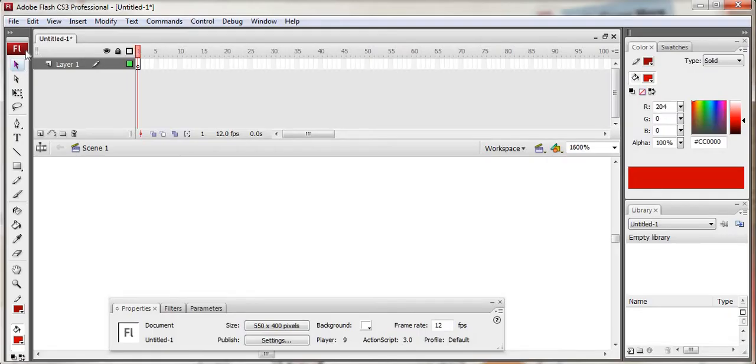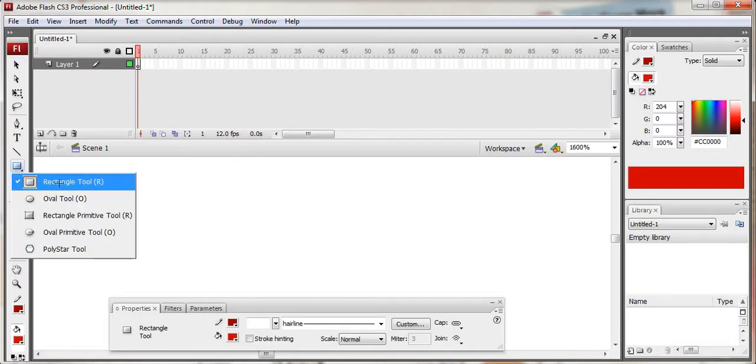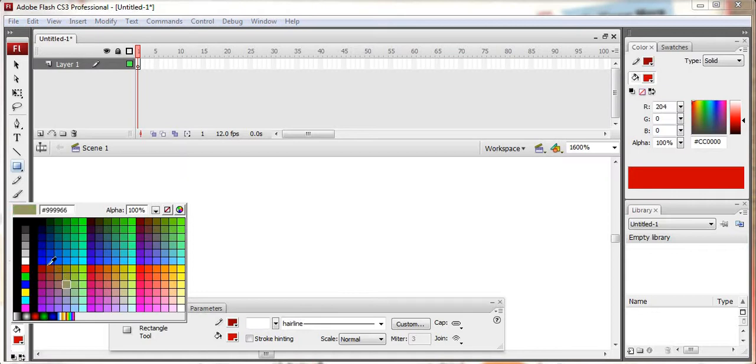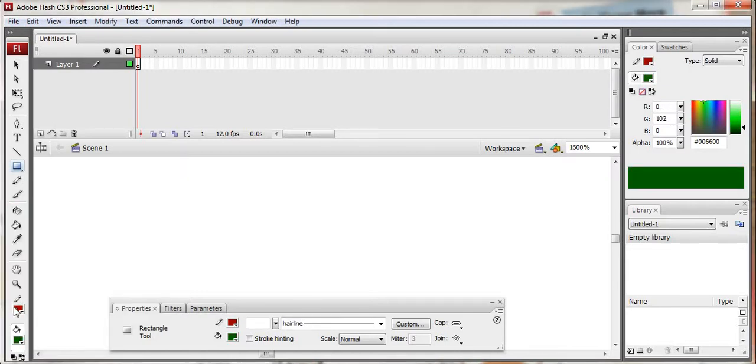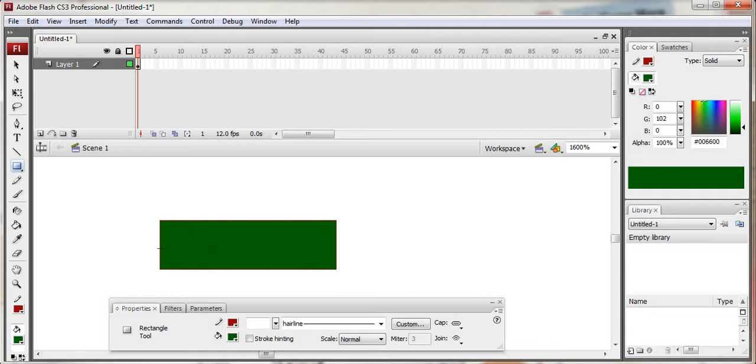Suppose this is the selection tool, right? Suppose I'll draw anything like this. And here I am taking this as two different ones. This is the stroke, this is the green stroke, and see, I'm drawing this. So stroke color is green here, and stroke color is red, and this fill color is green.